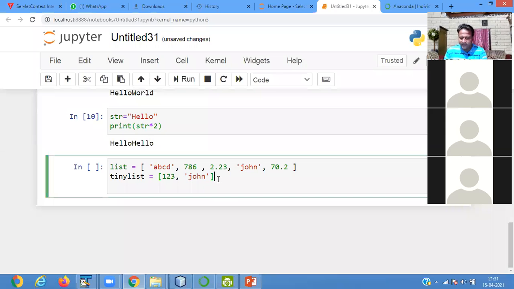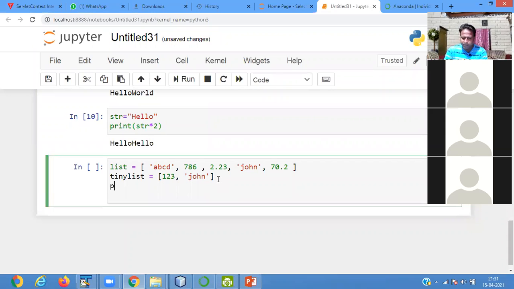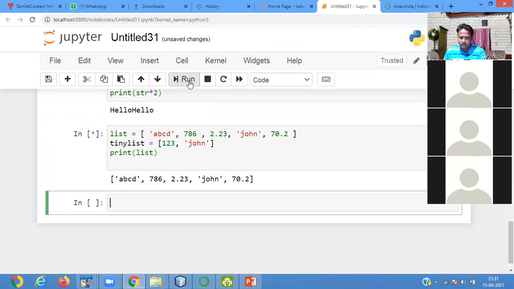Now I print the list value. It shows abcd 786 2.23 john 70.2.